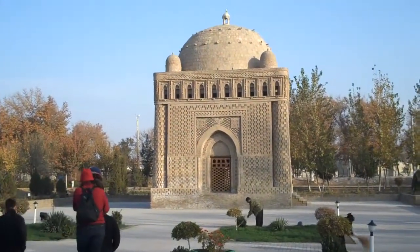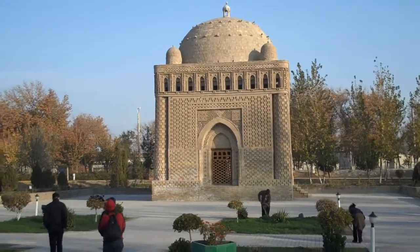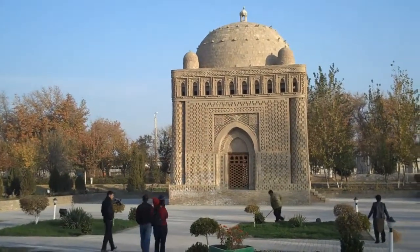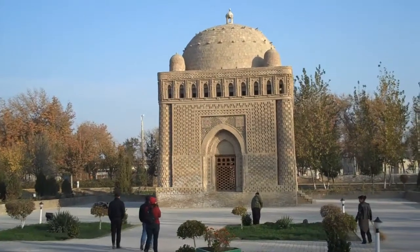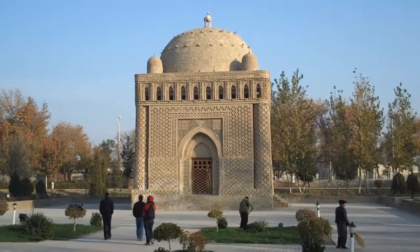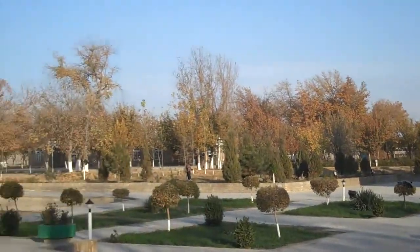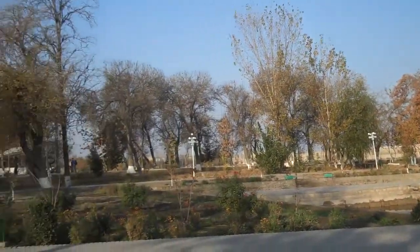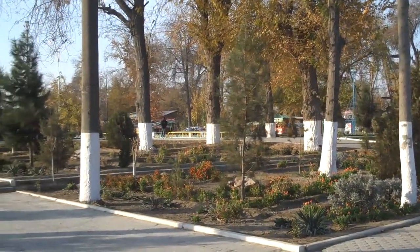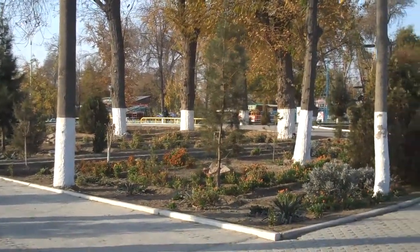This is the mausoleum of Ismail Samani in the Central Park of Bukhara, which was formerly called Khiva Park after the Russian conquest. And this is from the 9th and 10th centuries AD Samanid dynasty, probably one of the oldest and best preserved monuments in Bukhara. And the rest of this park has been taken over by a fair. So we hear Uzbek pop music and there is a Ferris wheel in the background, and also